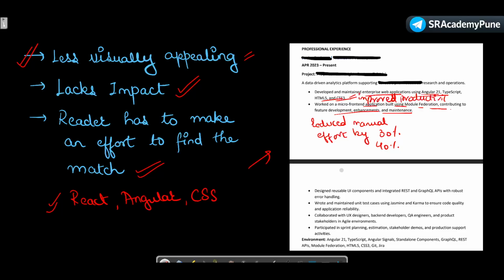So understand this thing. The teams get hundreds of CVs for any job opening. The more you make their work easier, the higher is the chance of you crossing that first stage of getting a call. The reader has to be able to see your highlights quickly. And how do you do that? Let me show an example of a CV that I created which resulted in me getting a call.